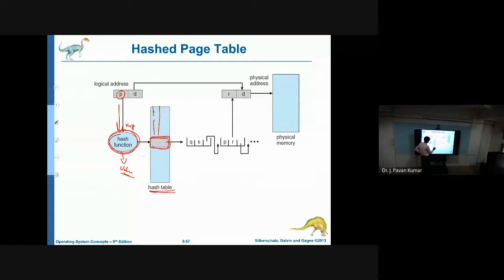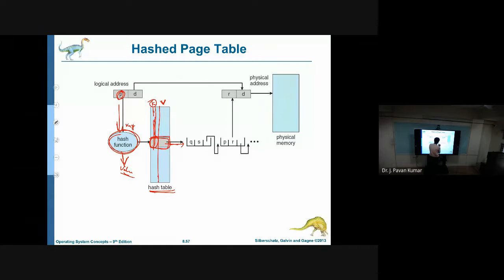A hash table is nothing but we will be having key and value entries. Now this P will be considered as the key, then it will give some output. Based upon this value, this key will be verified here, and the corresponding value we will get.